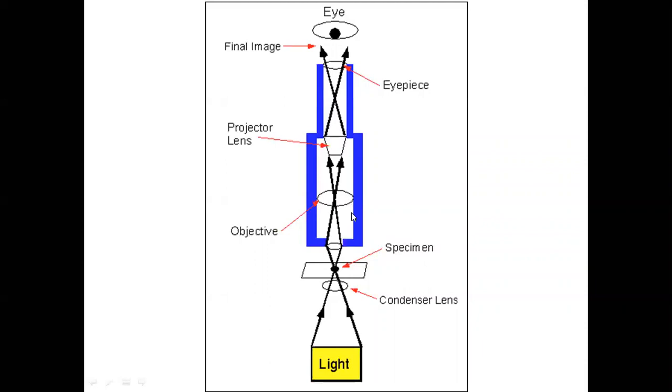Okay, so whether it is 5x, 10x, 100x, the light will just enter into that objective, and after entering into the objective, the light will pass through the projector lens and reach the eyepiece. So the eyepiece also has different magnifications. We can have 5x, or we can have 10x also. Okay. So once,